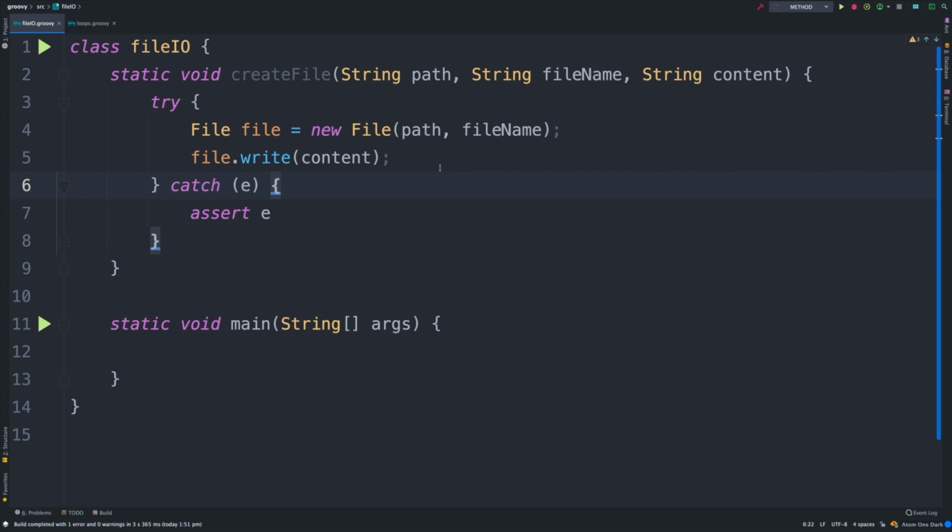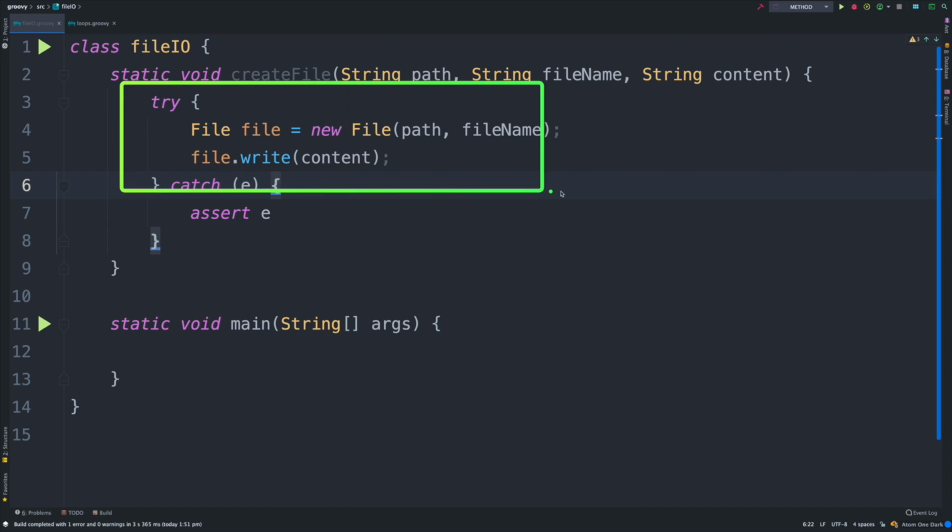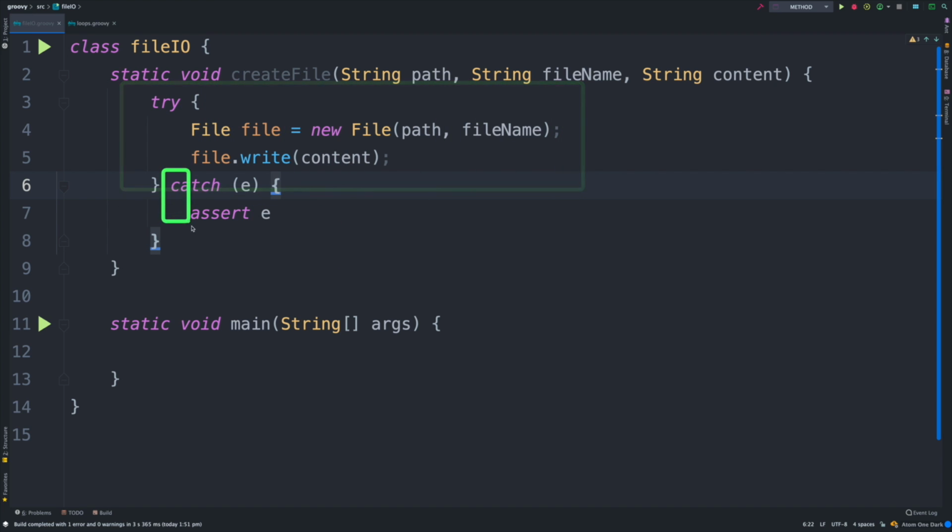Try and catch are keywords that represent the handling of exceptions due to data or coding errors during program execution. A try block is a block of code in which an exception occurs, and a catch block catches and handles the try block exception. In this case, as we can see here, we got the try block, and then we got a catch block.